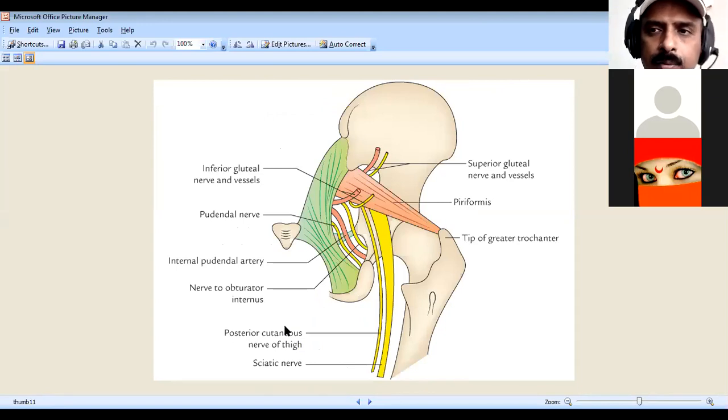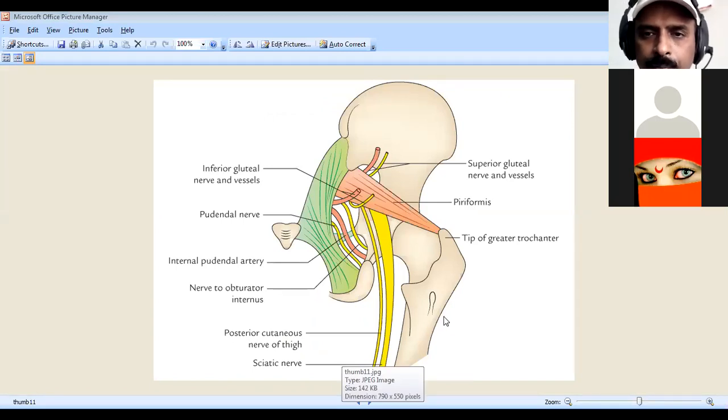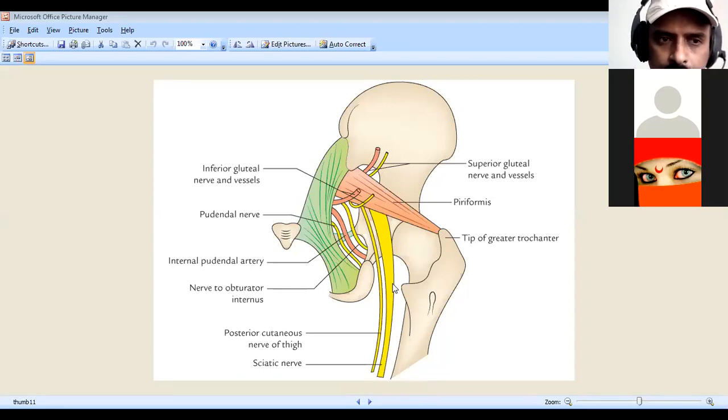The next important nerve is the sciatic nerve. This is a long question, 10 marks, and it is commonly asked. So you should understand I am covering question number 4 side by side also, that is, you have to remember how to write the 10 marks question. So here we have to know the sciatic nerve. It is the thickest nerve of the body, with a maximum thickness of 2 centimeter. It may be there at the beginning.